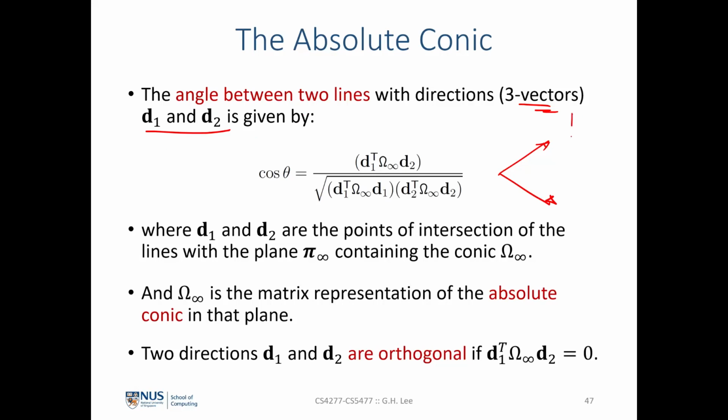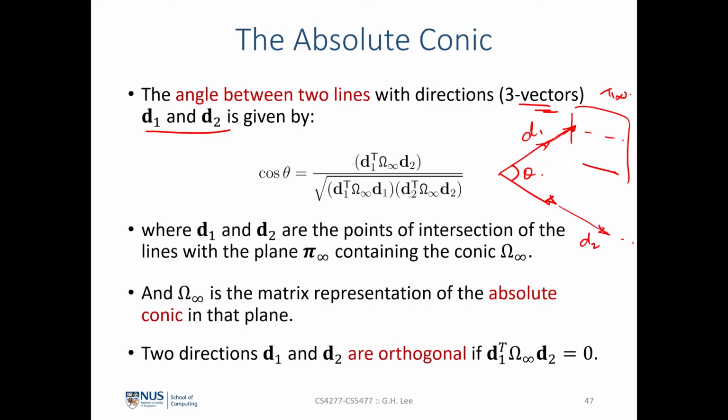Because recall that all the points at the plane at infinity are actually directional vectors. It's pointing towards the point at infinity, and hence I can also make use of this to represent the line directions D1 and D2. So this line here, D2, is going to point to another point at infinity, and the dot product of these two directional vectors will give me the angle between these two line directions. And here we can elegantly define this under any projective transformation to use the absolute conics here to represent